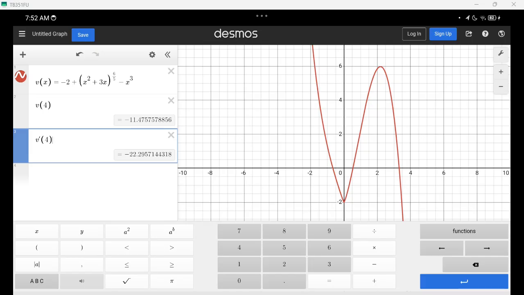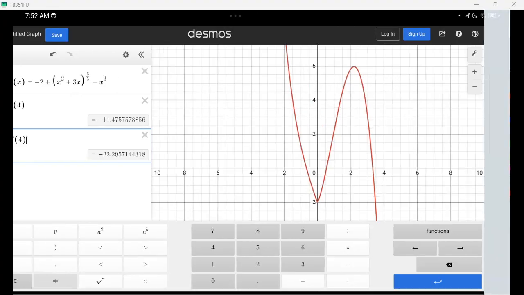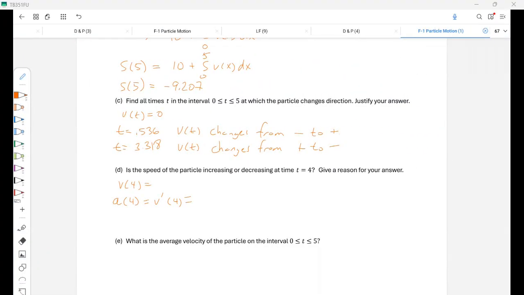Let's do it this way. There we go. I don't have to ask you. Take a picture of it. All righty. So we've got negative 11.476, negative